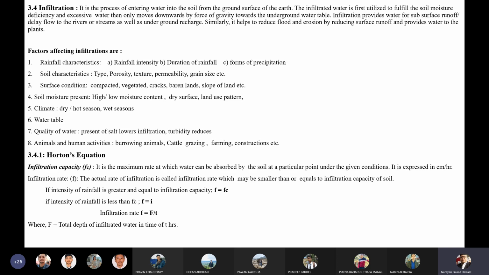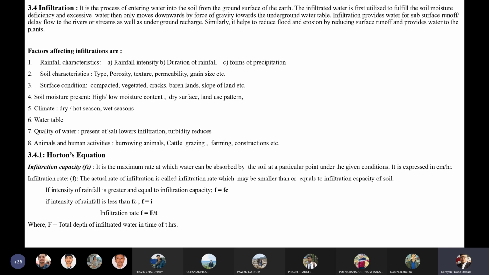If the rainfall is for a long duration, most of the water is soaked by the soil, and that soil becomes more saturated. The saturated soil cannot absorb more water as dry soil can. If the duration of the rainfall is long, that means the soil already gets wet, so the wet soil cannot hold more water, and the absorption rate falls to some constant value after the long duration of the rainfall. So the duration of the rainfall also affects the infiltration rate.